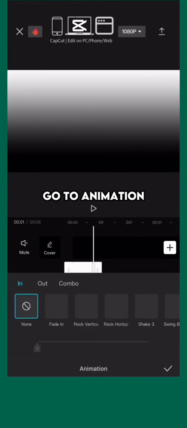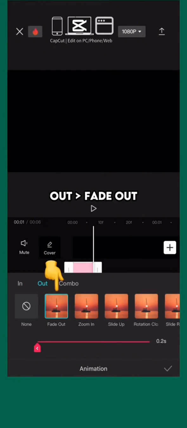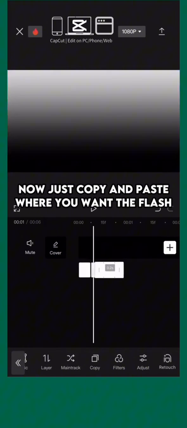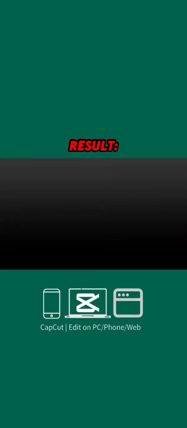Then go animation and then click on out and fade out. And now just copy and paste where you want the